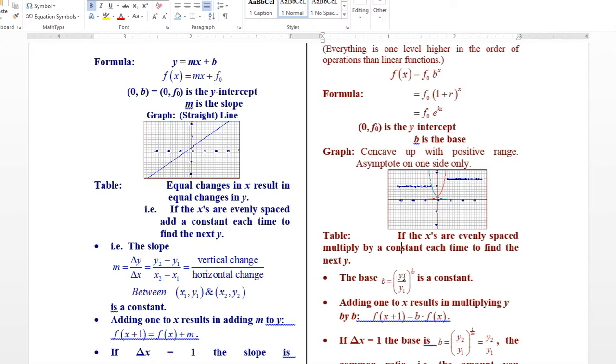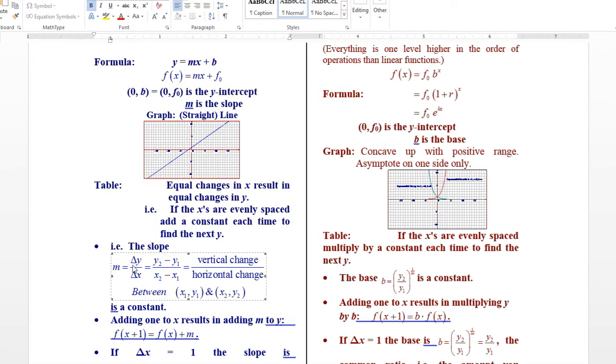Okay? Well, over here, you would find the base that you're multiplying by. It would be this common ratio, y2 divided by y1, if delta x is 1. How do you adjust? You adjust by raising to the 1 over delta x power, in other words, the delta x root. Again, we're one level higher in the order of operations. Here you subtract y's to find the base when the delta x is 1. Here you divide y's to get the base when the